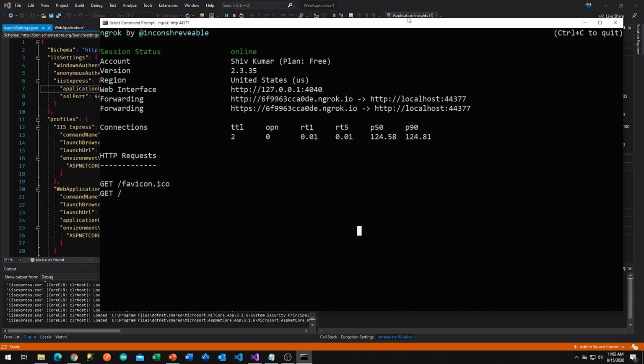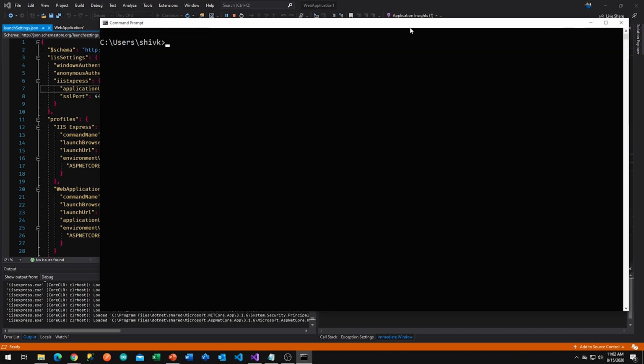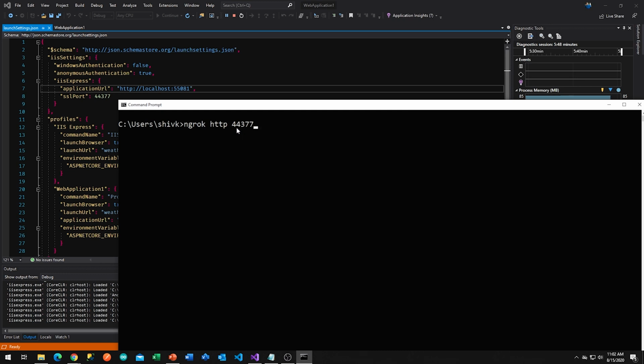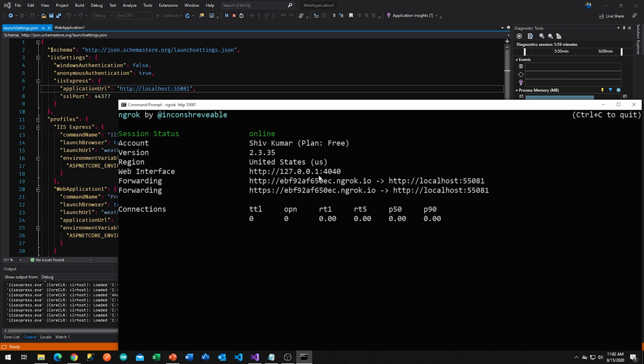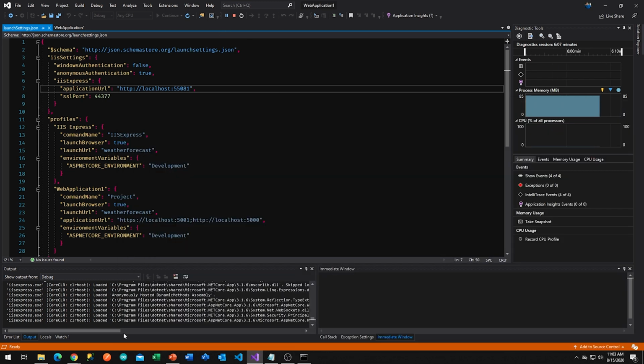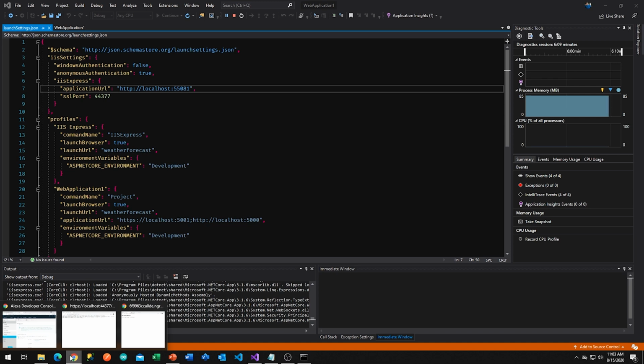So I'm going to have to kill this Ngrok again. This time, instead of giving it 44377, we'll give it 55081. Okay, so again, it's not HTTPS. We'll get this URL. The application is still running, right? And then over here,